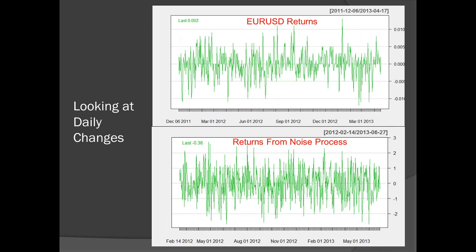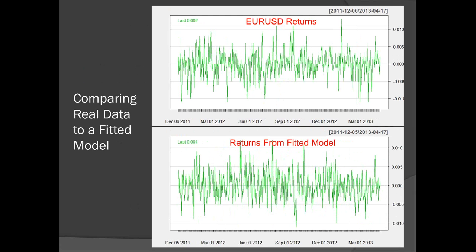Now, if we look at the percent changes, this is the same process only in this daily changes space. You kind of see that they're not the same, right? The noise process has more of these spikes, and the asset one is a little narrower and so on. So you can tell from this plot a little bit better that they're really not the same thing.